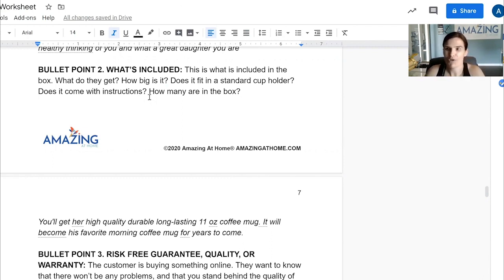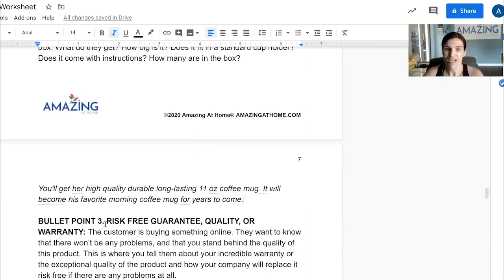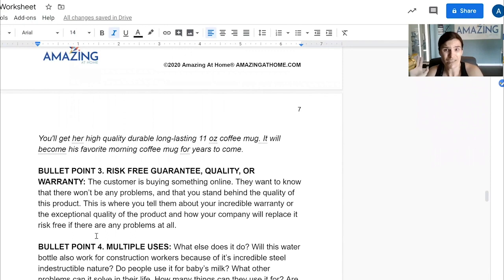Why do I go in this order? Because it mirrors the customer's thought process. The customer thinks, why do I need this product? What do I get with it? What comes with it? What size is it? All that stuff, right? And then they wonder, ooh, is it good quality? Is it gonna break? Does it have any kind of guarantee? Right? They start, should I choose it? So that's why bullet point number 3 and the next photo should always be your risk-free guarantee and your